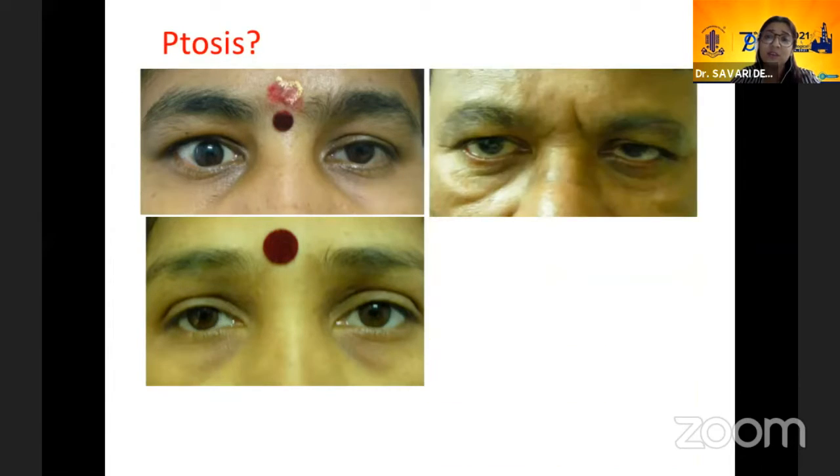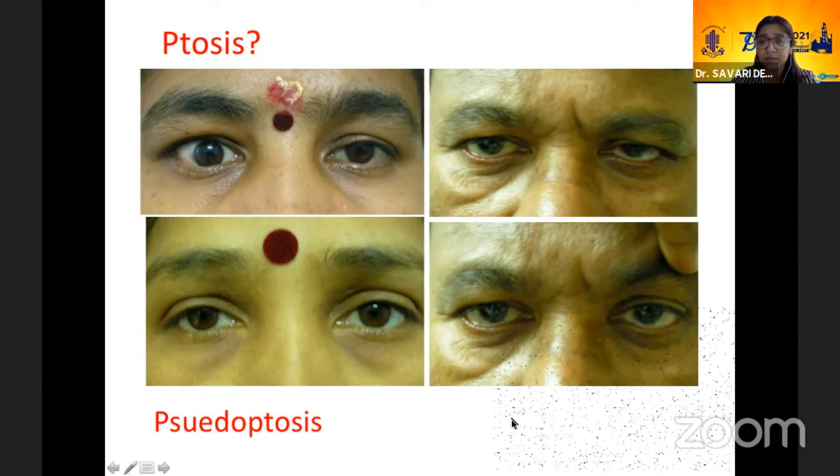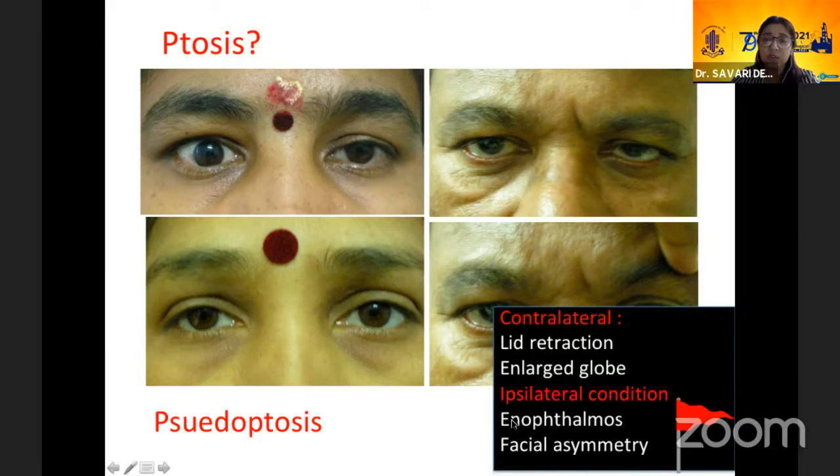Similarly, this gentleman here complained of a drooping gradually over time. But if you look closely, yes, he does, when you compare it and do an MRD. But when you just lift the brow, you see that there is basically a brow ptosis with a severe dermatochalasis, which is giving rise to a pseudoptosis. So basically, these are all pseudoptosis. And while they're not red flags, you don't want to rush into surgery and have something else land up happening.